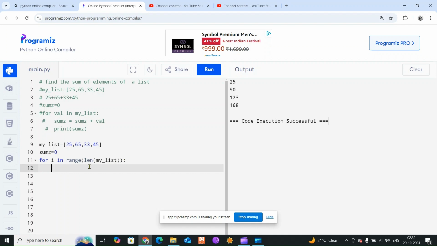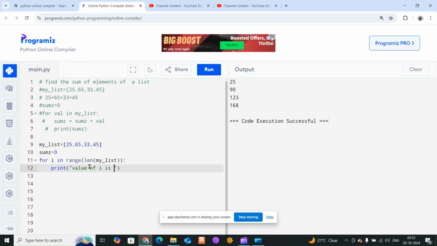So again I will say here print, and here it will say iteration number. Yeah, I will say value of I is, and here I will say comma I, right? Then we'll perform the sum here, and I will say sum equal to, yeah, there is another way, that is plus equal to I. See, if I do I here,